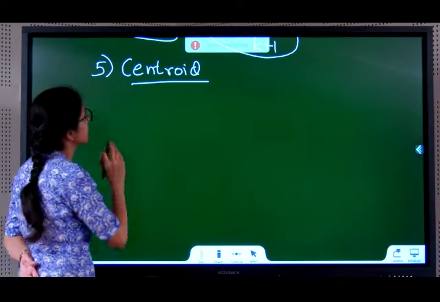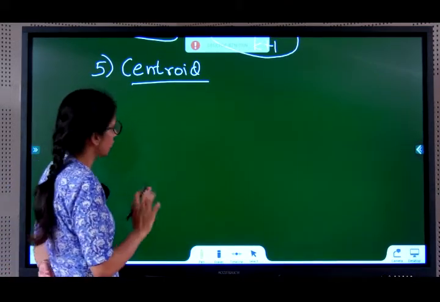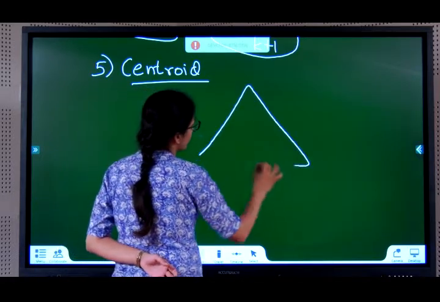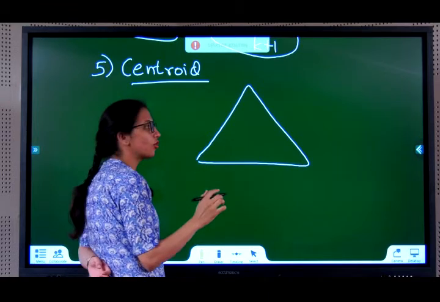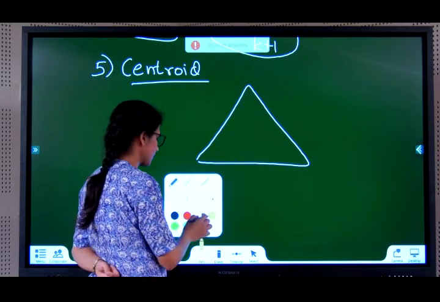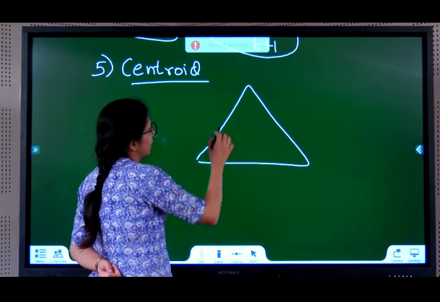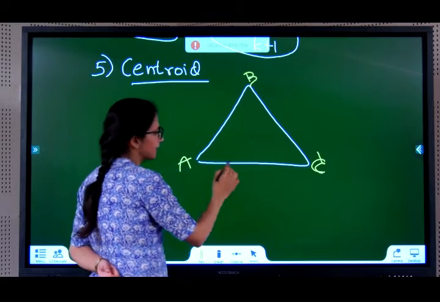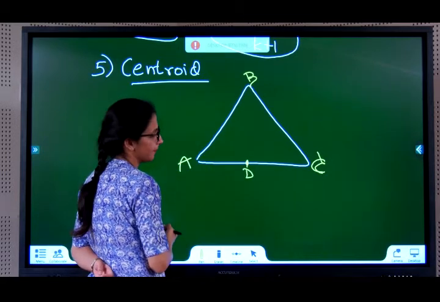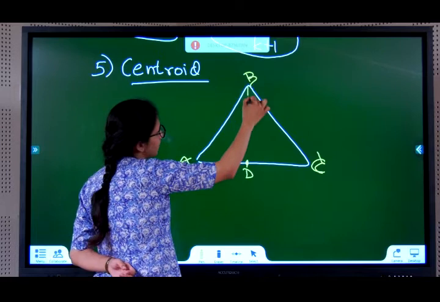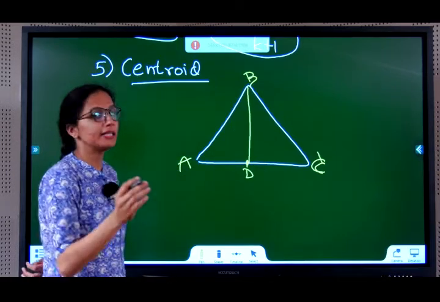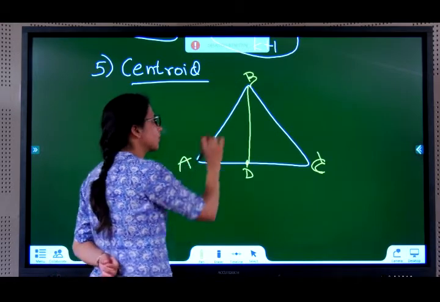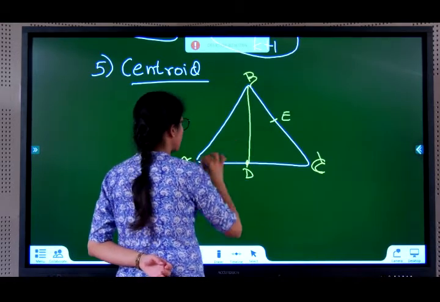So, the last note here, centroid of a triangle. First, let's understand what is a centroid. Then we'll go to the formula. See, if this is my triangle, centroid is the intersection of medians. What is the meaning of medians? If I have ABC here, go to the opposite side, select the midpoint, D. If I join B to D, this is called the median from vertex B. If I want to draw median from vertex A, go to BC, mark the midpoint, join A to E.